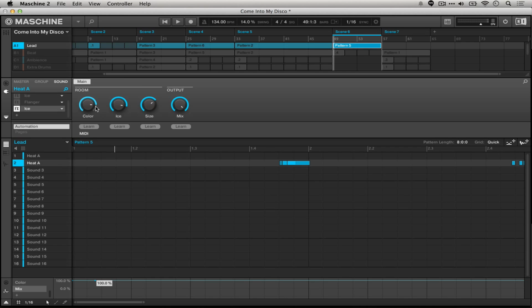Now, it's worth noting that the most important parameter here is really the output mix. This is a pretty simple dry-wet between 0% where we're only hearing the dry audio and none of the effect, all the way up around 100% we'll hear only the affected sound. We're not going to hear any of the dry sound at all. Also, if you have the mix set to 100% and the other three knobs set to 0, you'll hear a very low filtered version of the dry sound,